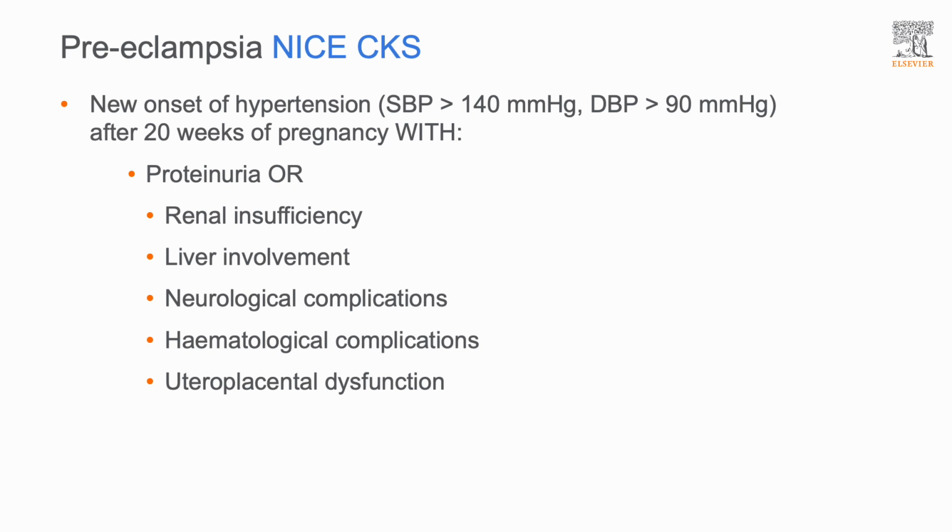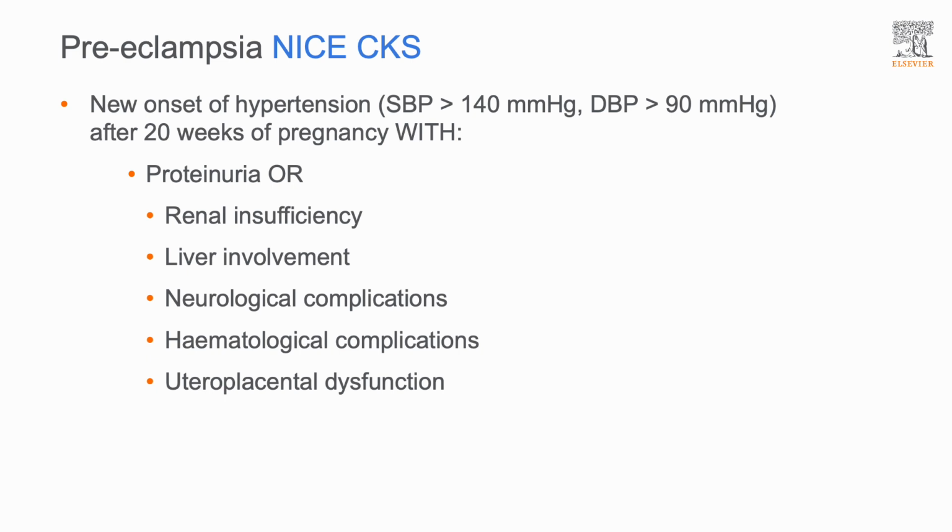which is most common and most widely discussed, or renal insufficiency involving a creatinine over 90 micromoles per litre, liver involvement with elevated transaminases with or without right upper quadrant or epigastric abdominal pain, neurological complications such as eclampsia, altered mental status, blindness, stroke, clonus, severe headaches, or a persistent visual scotomata,